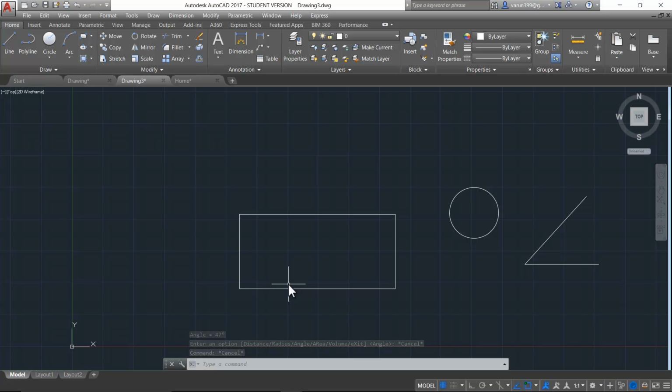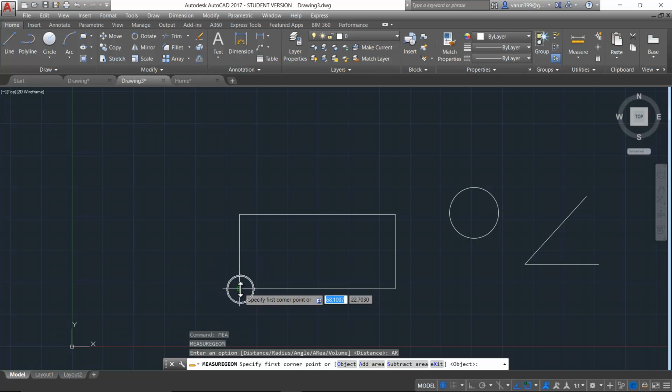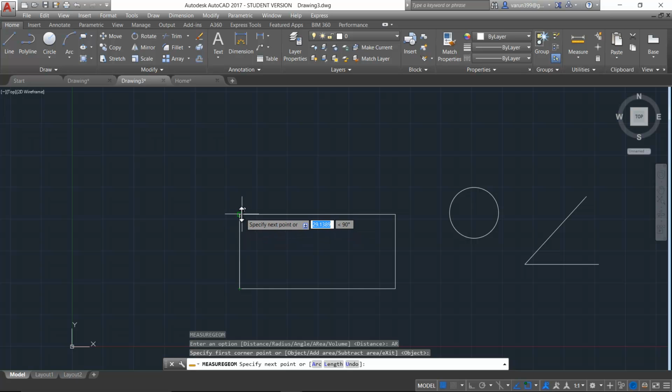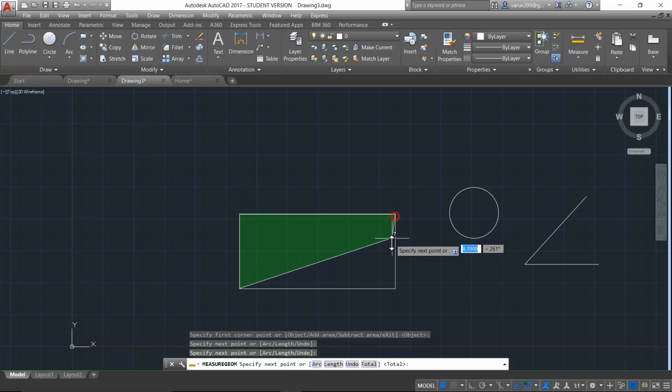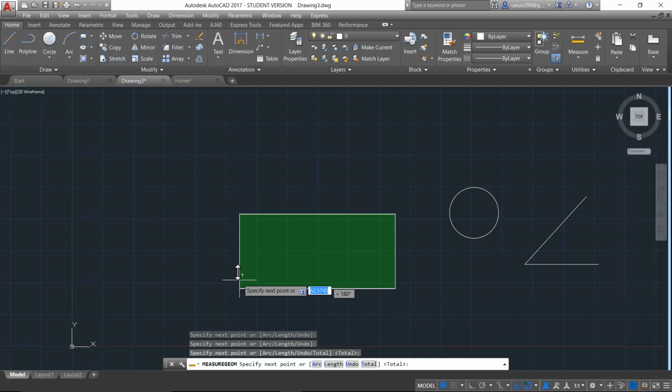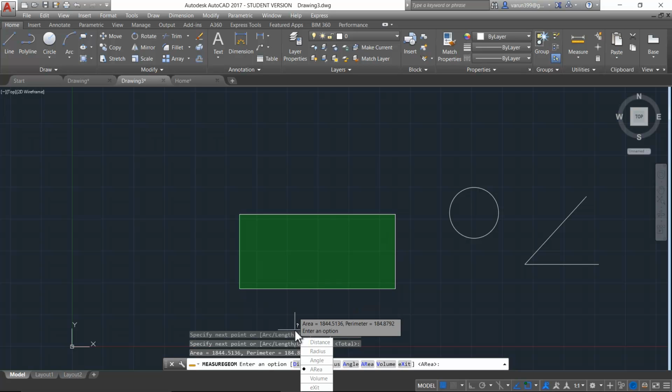Correct. The next one is area. Obviously area is the main application where we use inquiry. Basically civil engineers need this option to understand what is the area of their construction. So in order to take area, we will type MEA and press enter. The option area is available here. When I click this one, it will ask to specify the first corner point. Let me specify the first corner here like this. Then I will go for the next corner like this, then the next corner like this and like this. Correct. So it already marked the four corners of the rectangle and I will press enter to get the area like this. It's really interesting, right?